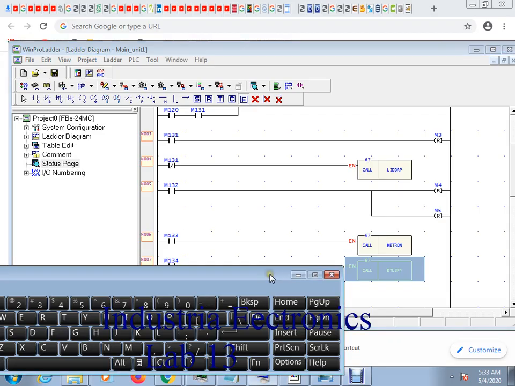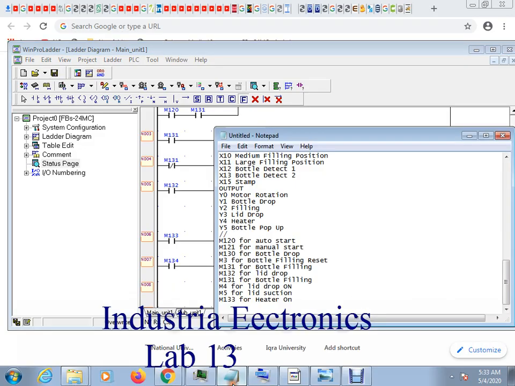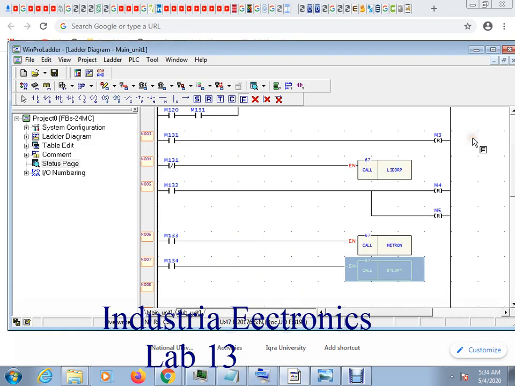This is used for bottle supply. M134 for bottle supply. So we call M134 for bottle supply,